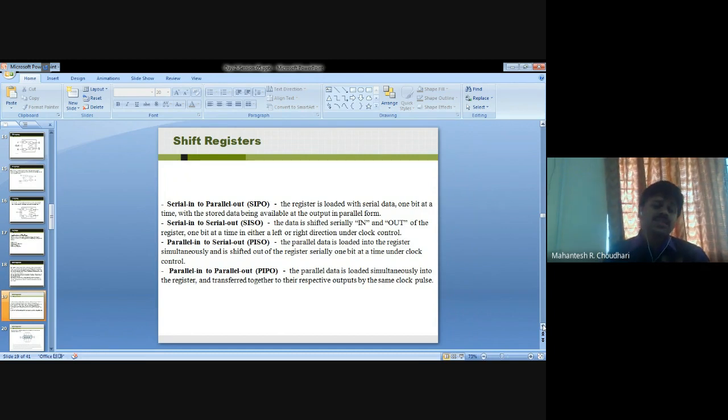The individual data latches that make up a single shift register are all driven by a common clock signal, making them synchronous devices.